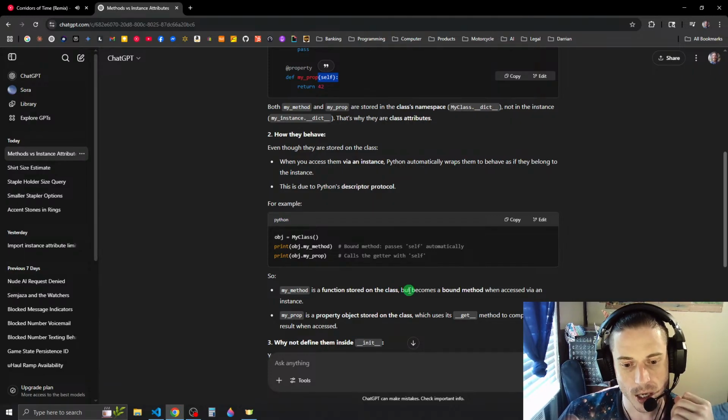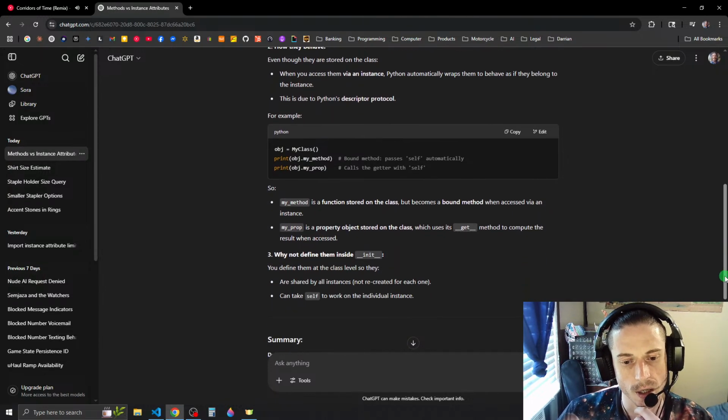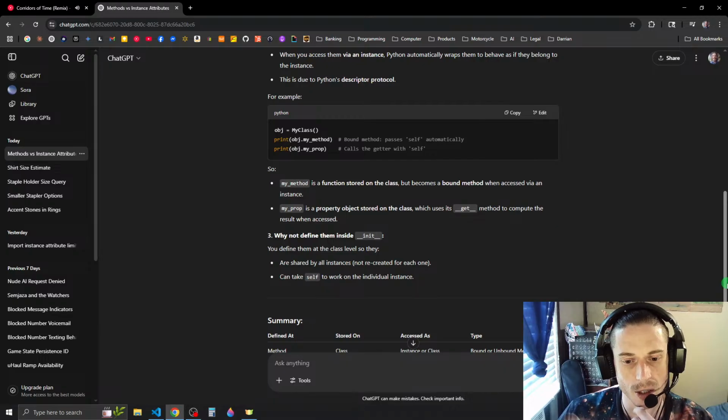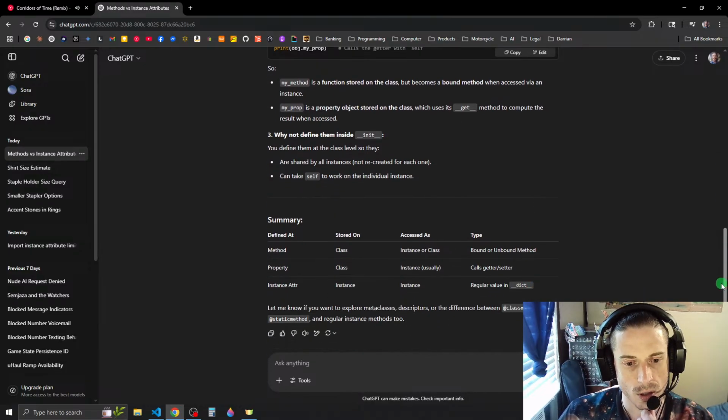My prop is a property object stored on the class, which uses its get method to compute the result when accessed. Why not define them inside an init? You define them at the class level so they are shared by all instances, not recreated for each one. It can take self to work on the individual instance. So their methods are defined at